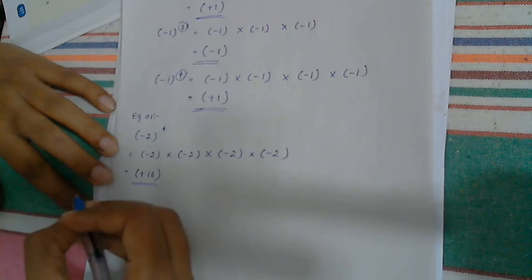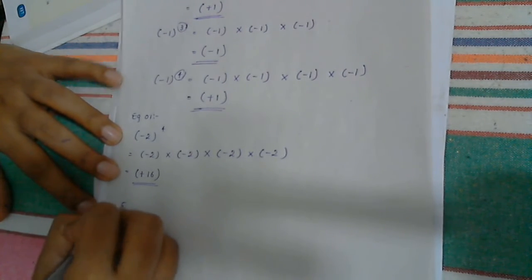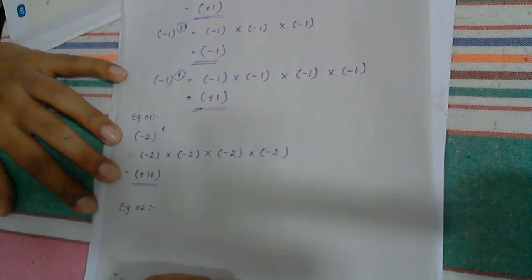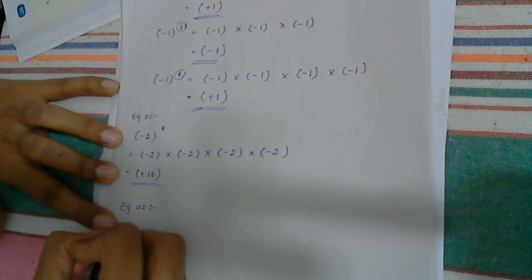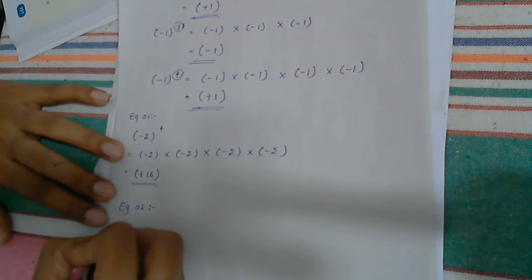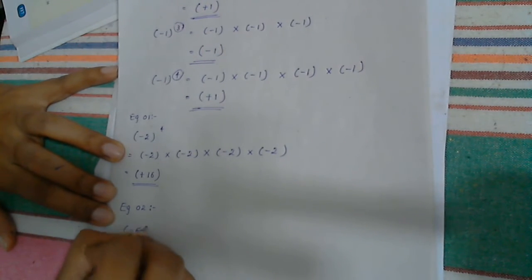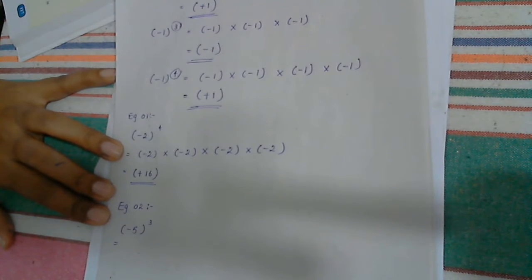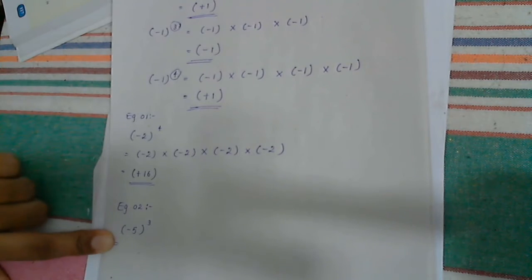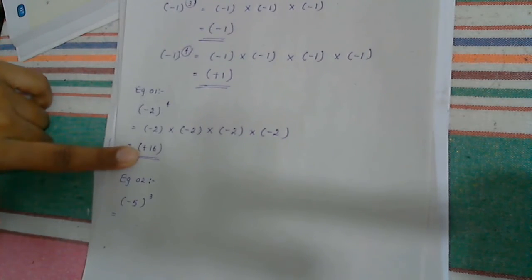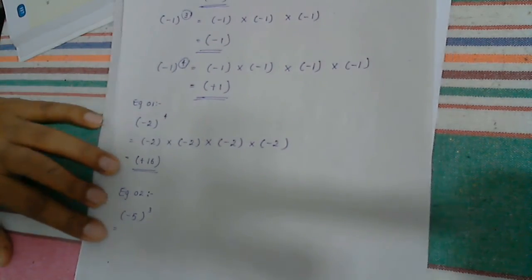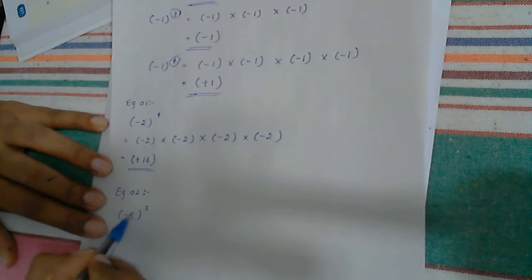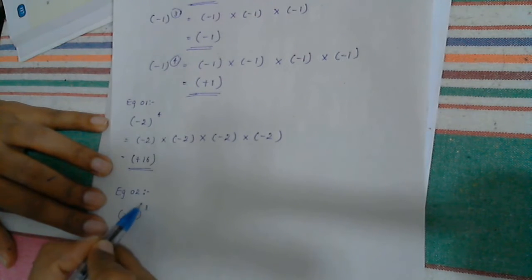Now let's see example 2. There's a different method in the textbook. I'll explain this one in the method given in your textbook. Negative 5 to the power 3. How to find the value without doing this expansion? If it is difficult for you, you can expand and find the value like this. Now let's see. We have a negative integer and an odd